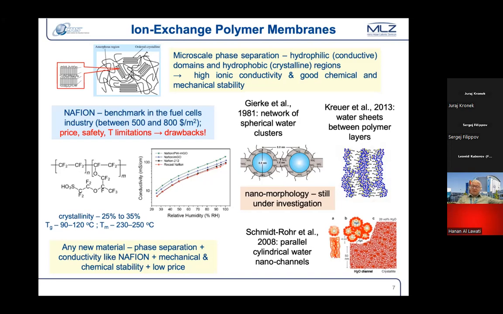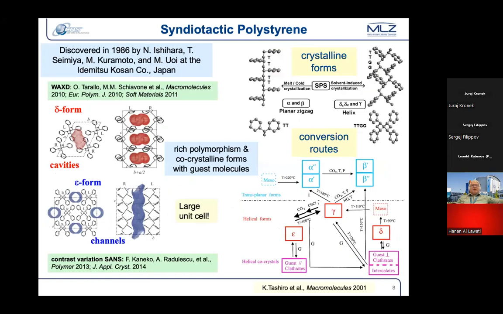It is not yet clear how this material looks at the microscale. Now, another material is syndiotactic polystyrene. This was discovered relatively recently, at the end of the 80s. And this semi-crystalline material shows two very interesting properties. First, it can form co-crystalline